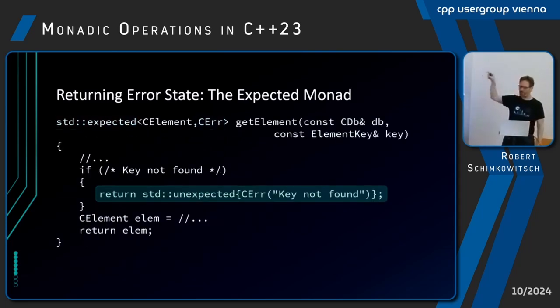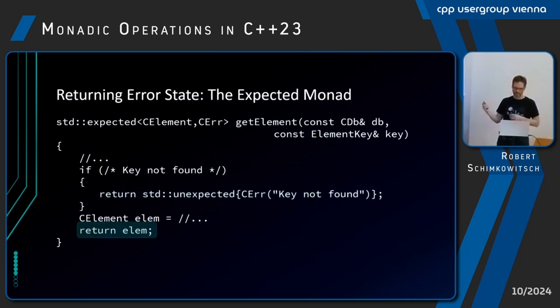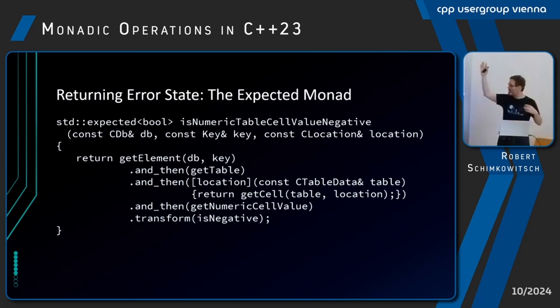Now, if a function fails, it does not return empty, it returns an unexpected. And inside the unexpected, I can provide information like an error message, and CR can just as well capture the call stack in its constructor, for example. Then I have the call stack of the true error location. If everything's all right, I just return my value as before. Now the chain of operations is completely identical,